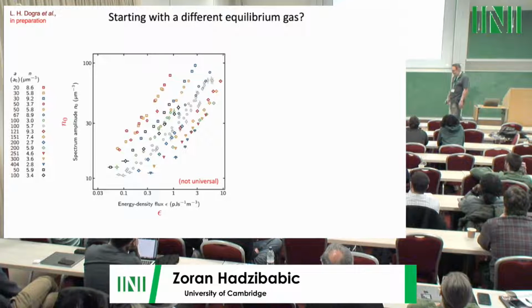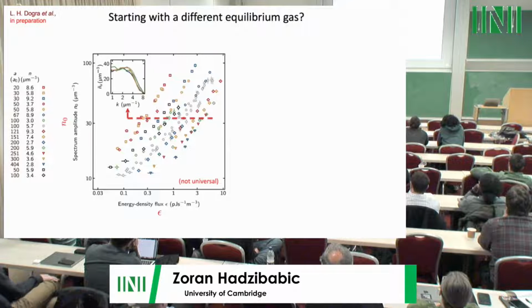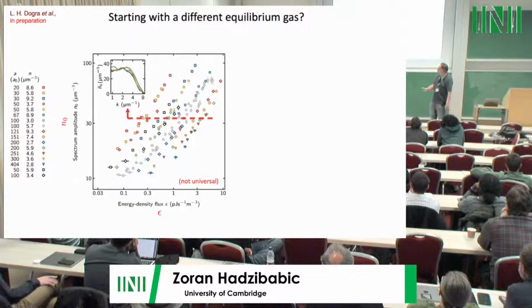Just to make sure we're on the same page. What we see here, if you take a cut through this, is that these are all the same spectra. If you could not measure fluxes, you would just look at the momentum distribution and you would always see the same thing. These are compensated spectra here, but anyway, these are all the same spectra, literally within noise.